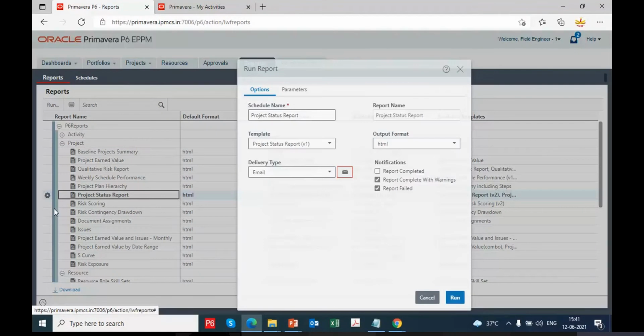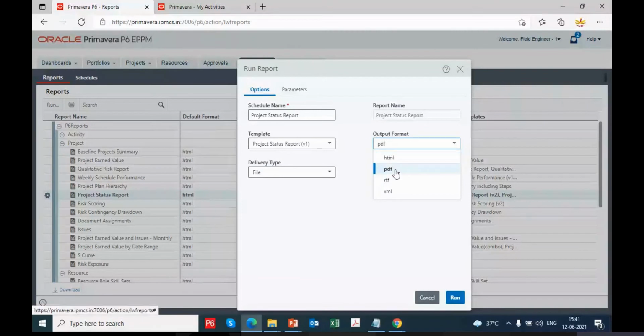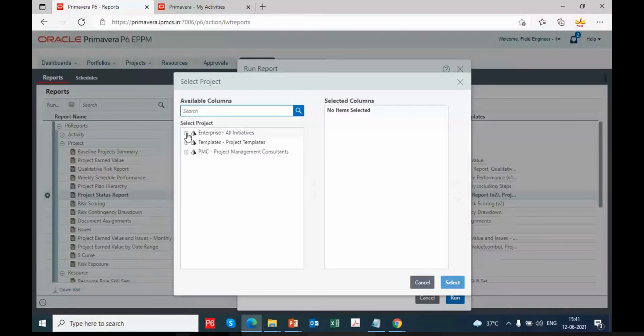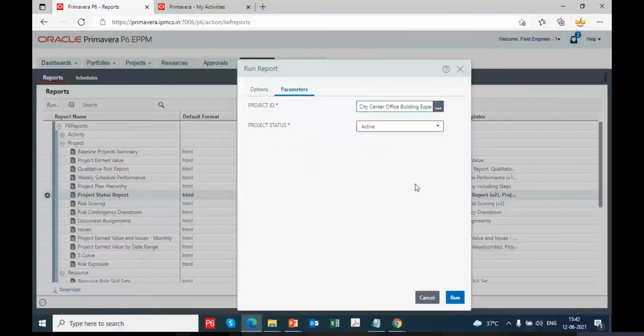As I told, here you can select the delivery type, whether you want to deliver as an email or as a file. The output format might be HTML, PDF, RTF, XML. I'm generating a PDF. Parameters: for which project you want to generate. For City Center Office Building, and project status active. Run.